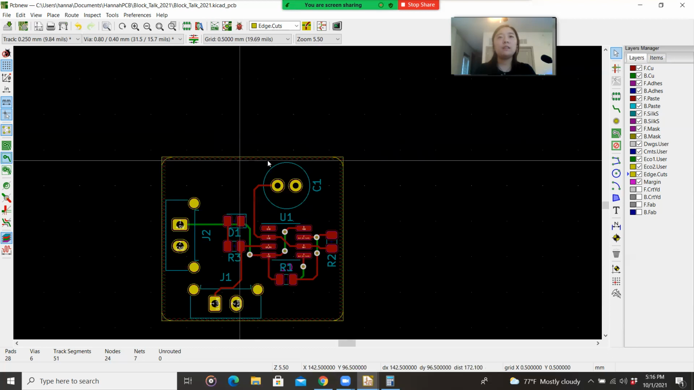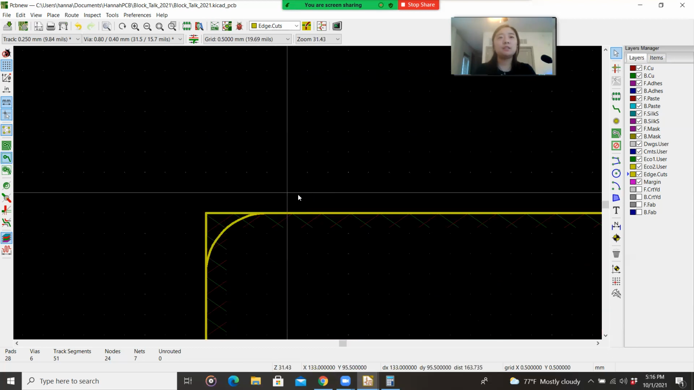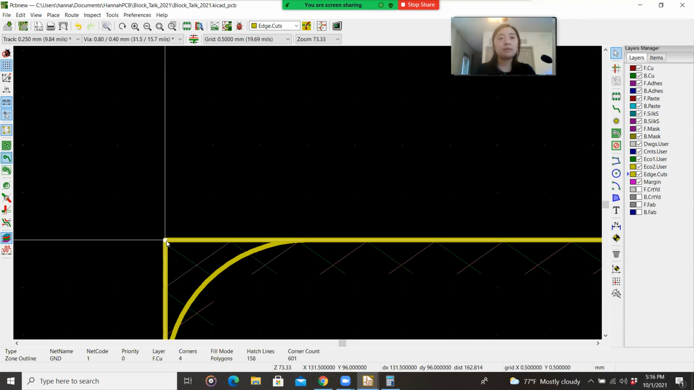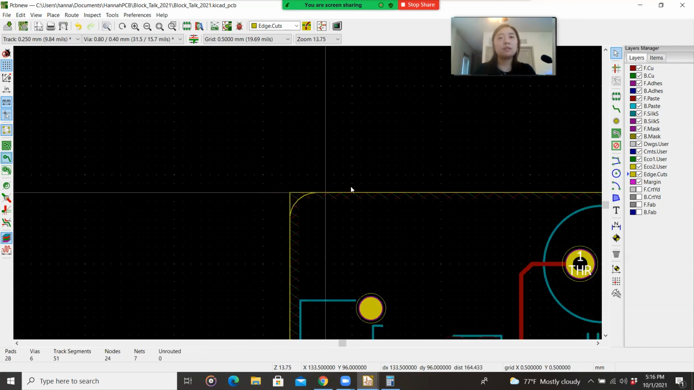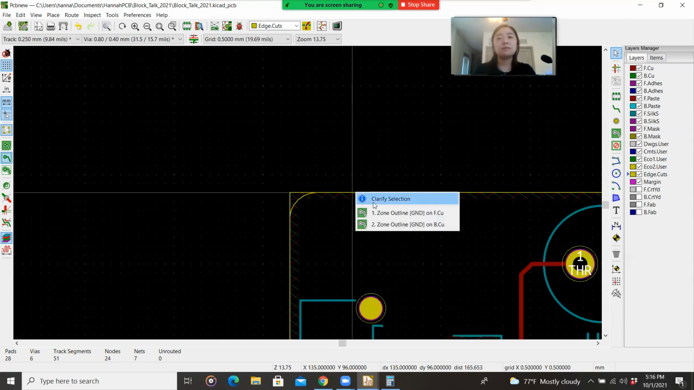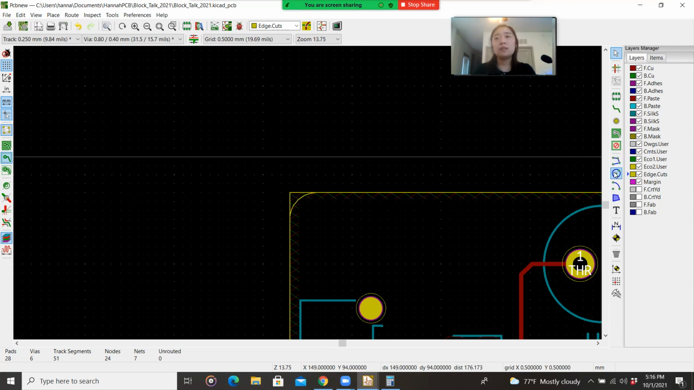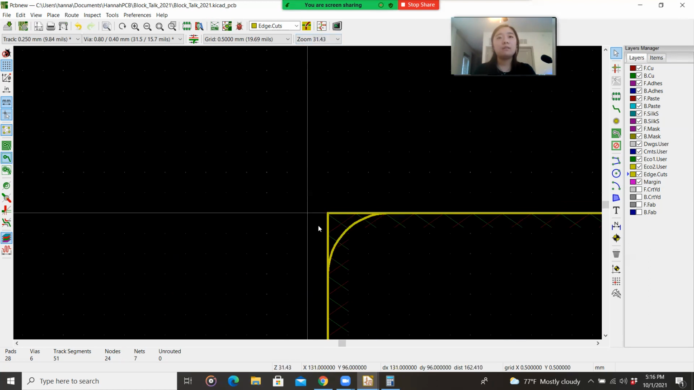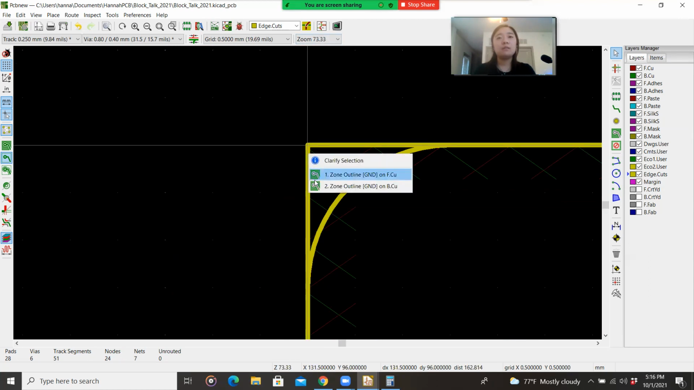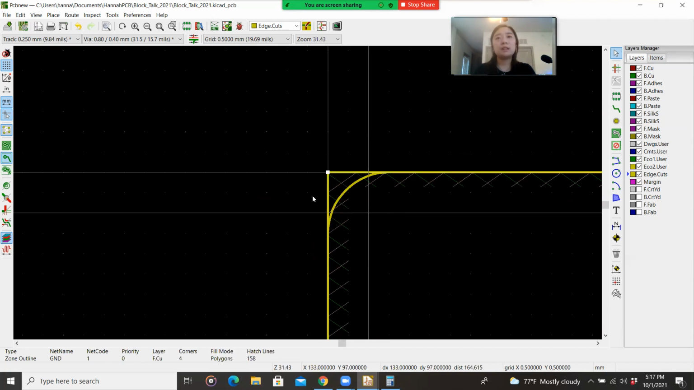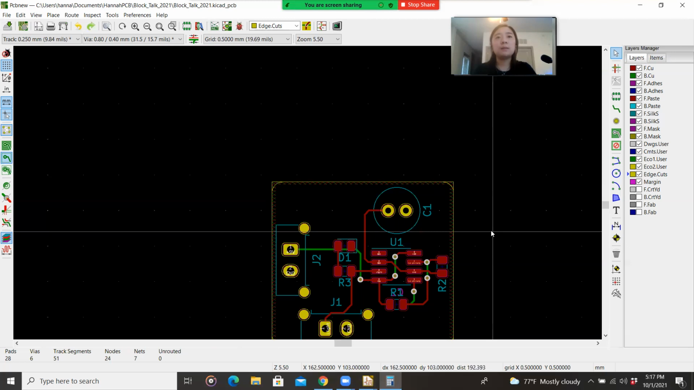Okay, so now we have that. Now we've kind of defined two edges. Let's actually undo the edge cuts, because one thing is it always prioritizes that